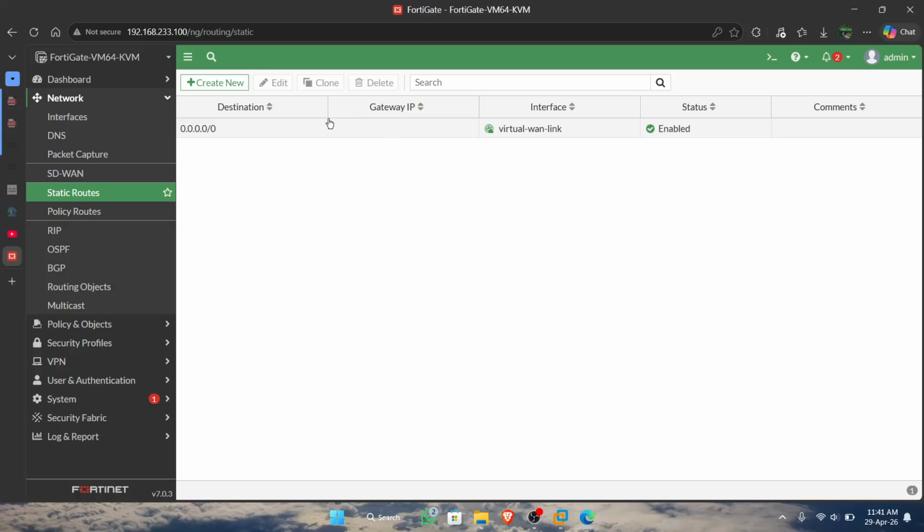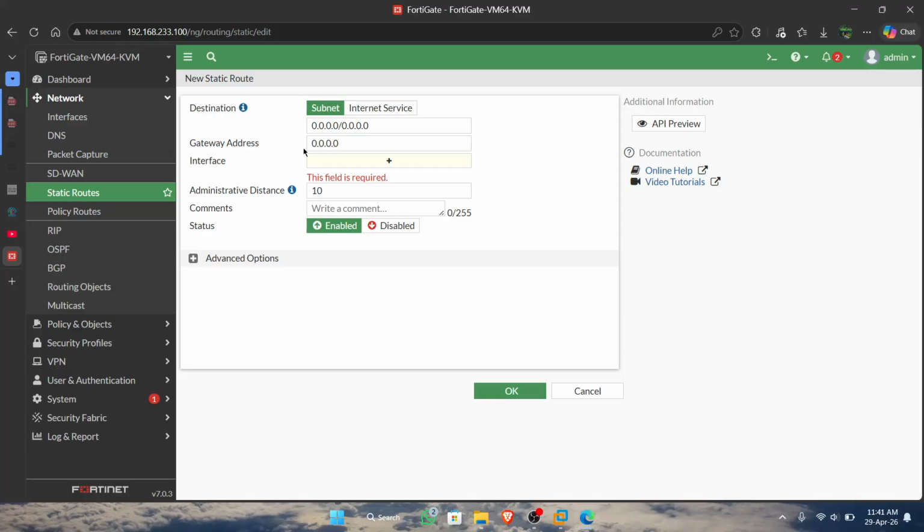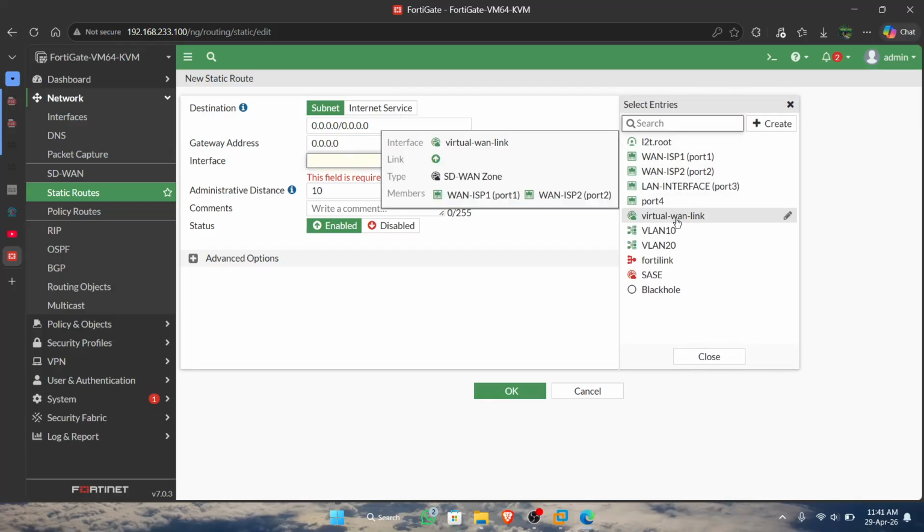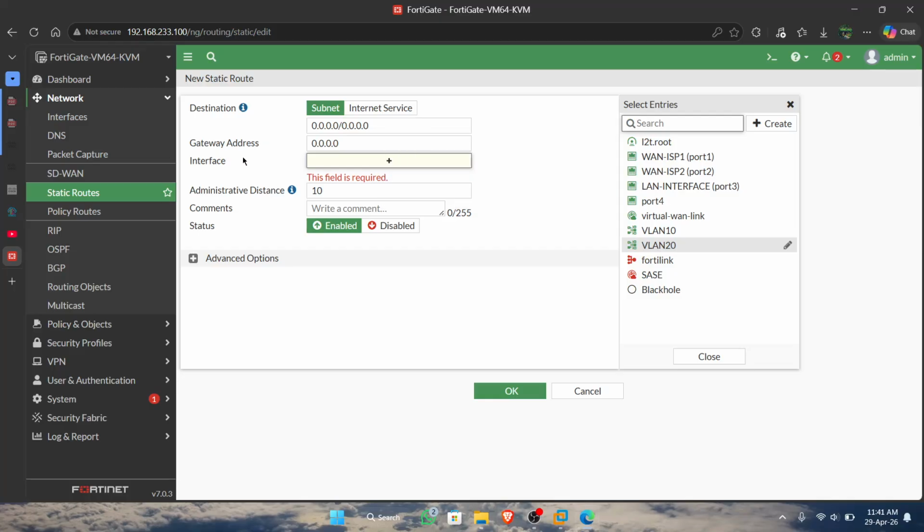Now if we check the static route, this is what I have configured. If you want to configure it, you just add the interface: enter the virtual WAN link in the interface column.